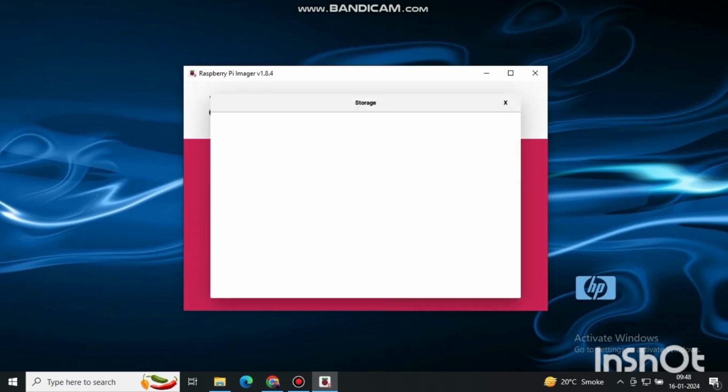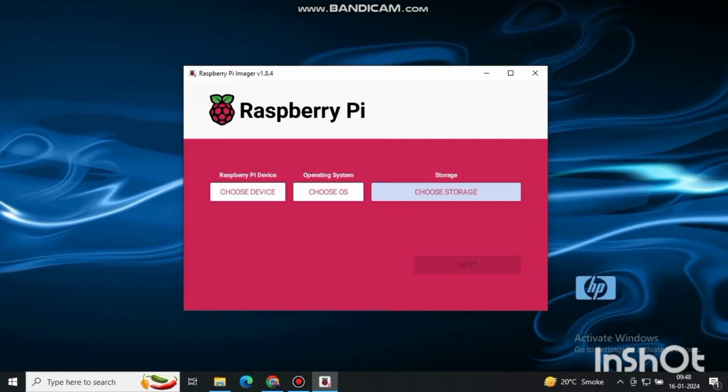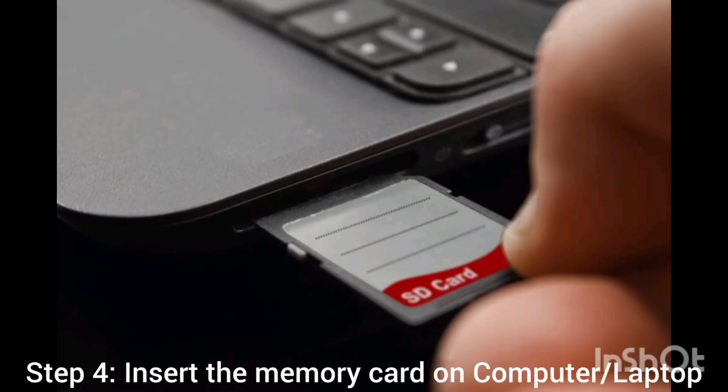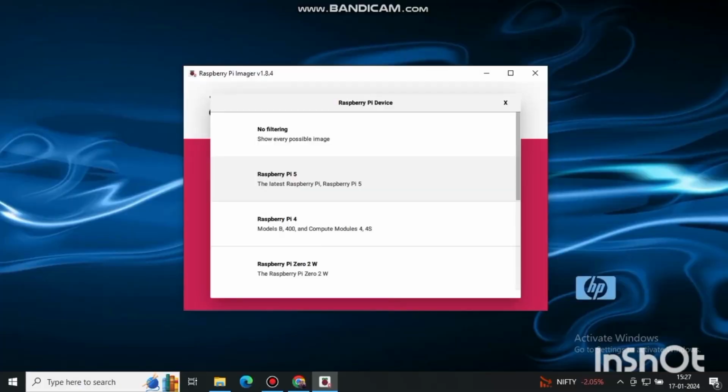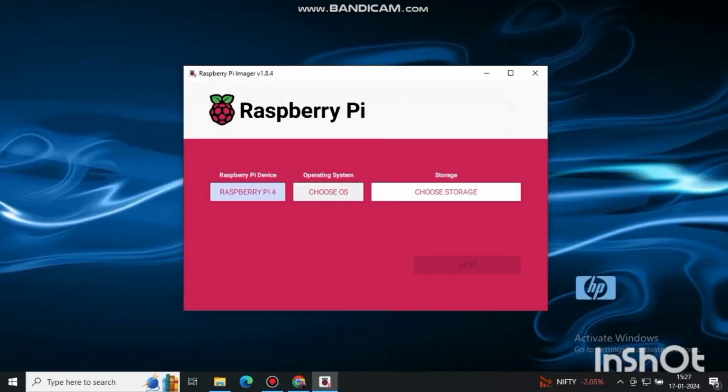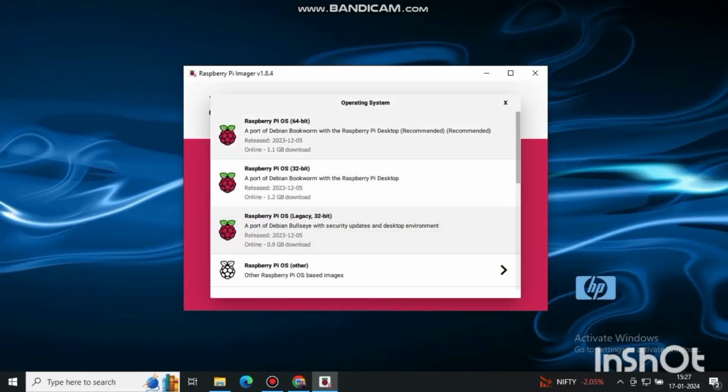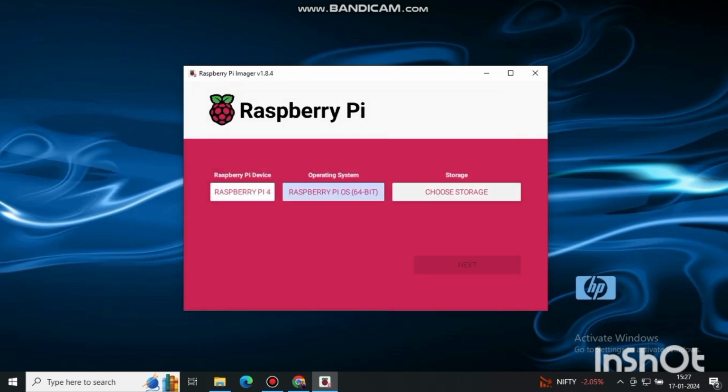Next is our source storage. Okay, when we connect the memory card, automatically that memory card will show on this. So we can easily upload the data. You can see I am just connected. I have connected the memory card to my laptop, and now I am just